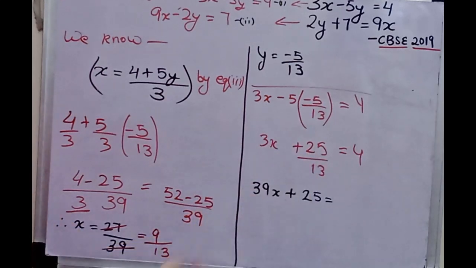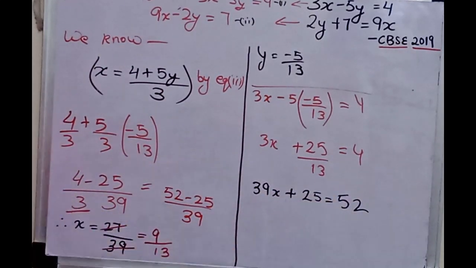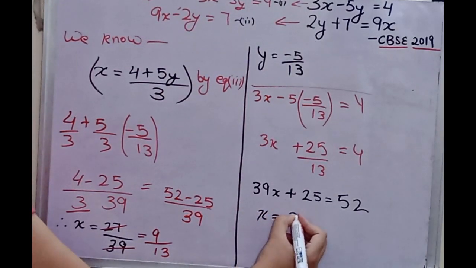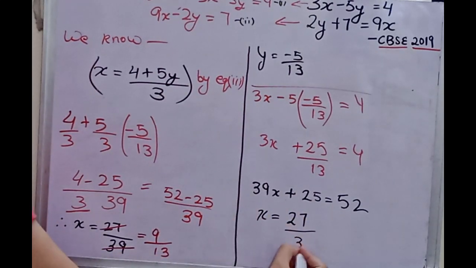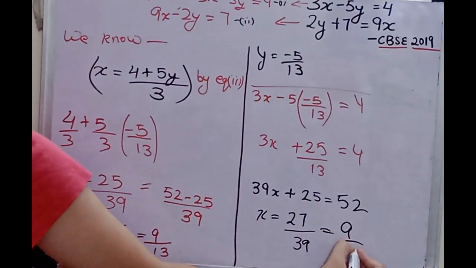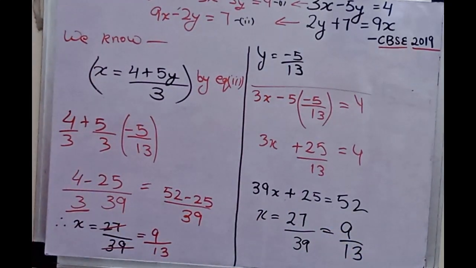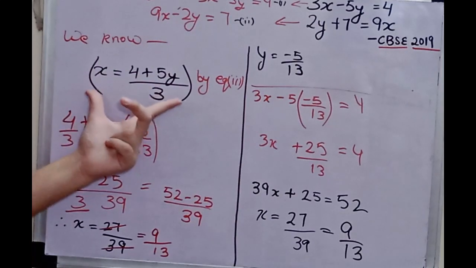When we took the LCM of the whole thing as 13, then 4 into 13 will do, and it will give me 52. 52, so plus going there becomes minus, and then my answer will be x is equals to 27, which is their difference, and this 39 will now go into division, which will give the same answer 9 upon 13. So you can check also that we got the same numbers. Means if you are doing it with this equation also, it is